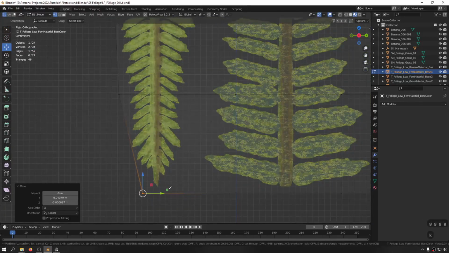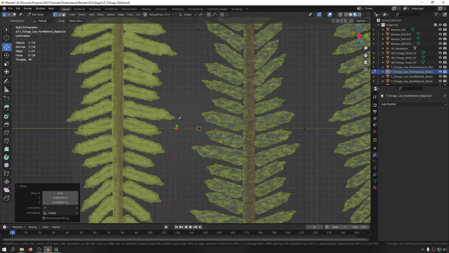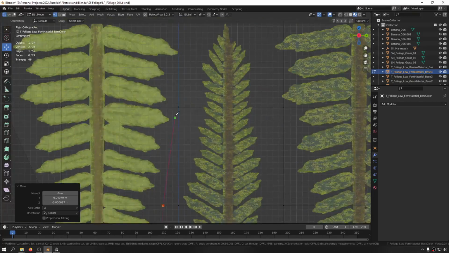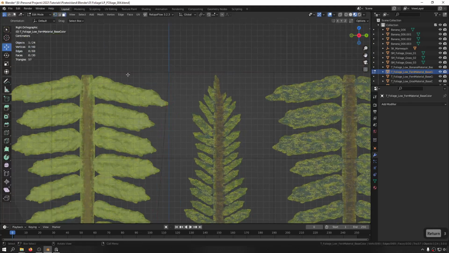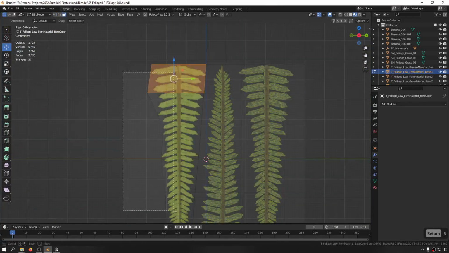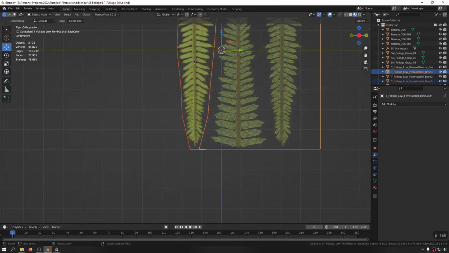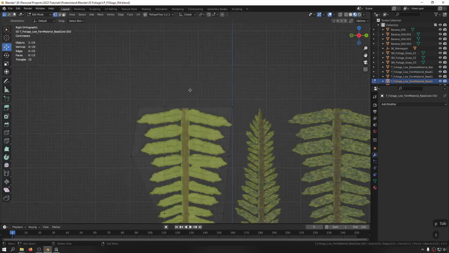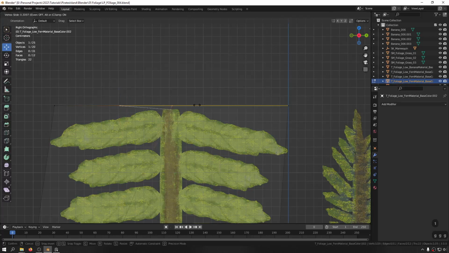Okay, and now let's bring the knife tool to cut so that we are faster on the cut creation. So on this one as well, and now I can take this and separate this by selection, and I want to put the pivot on here. So let me see if I can drag this one in here,